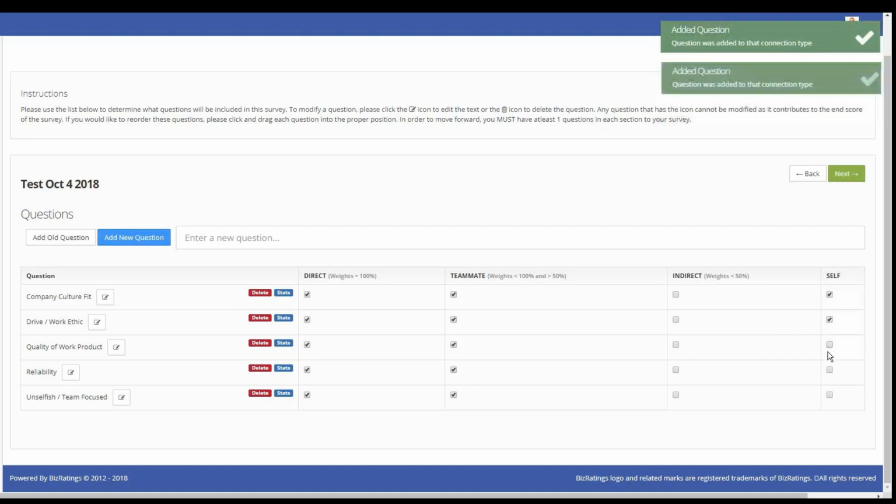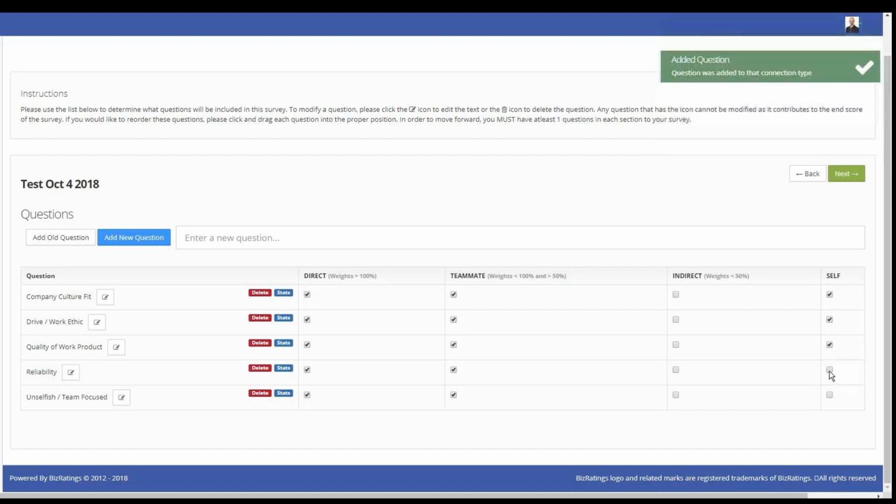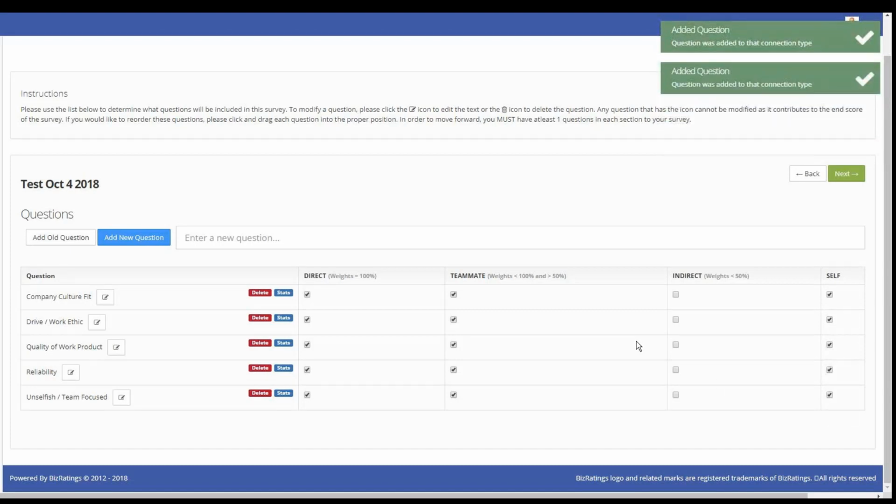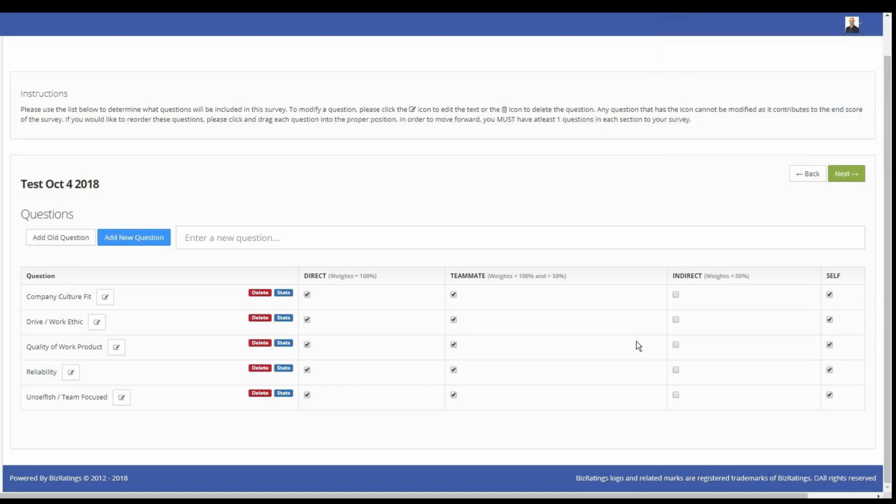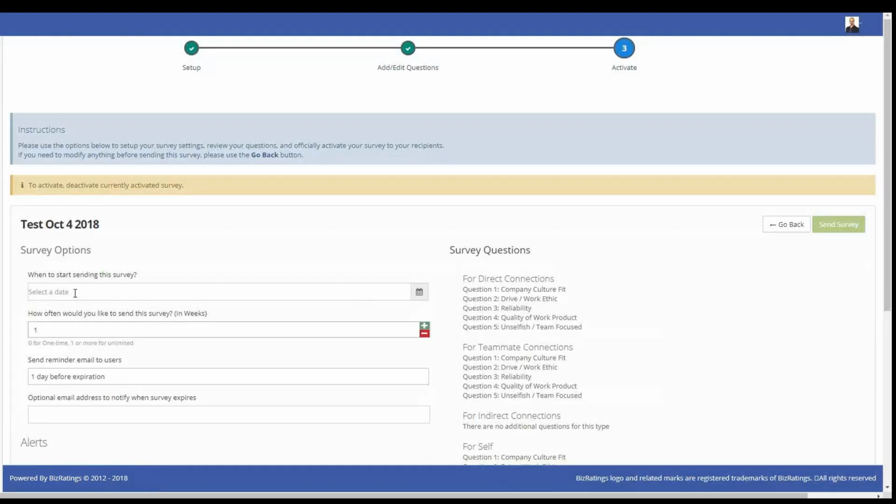You also have a self-evaluation survey, which you can select right here. So this way, we will have the ability to give ourselves a self-evaluation, so that we can compare it against the scores that we get from other folks. Now that we have a survey set up, we schedule it to go out periodically using a certain threshold of how many weeks you want to send it. Once that is configured, a survey goes out.